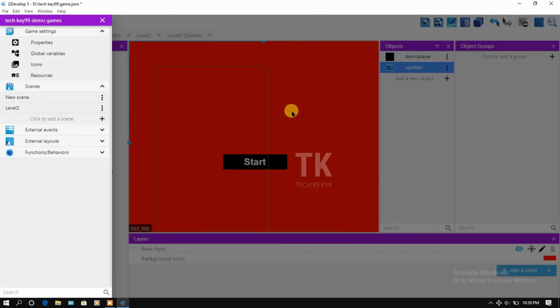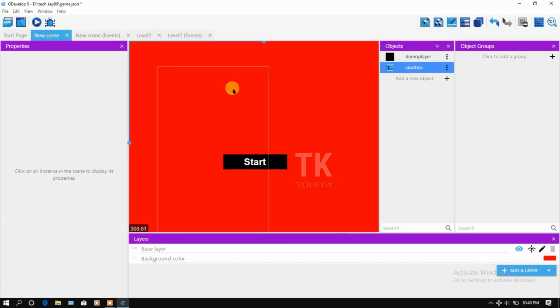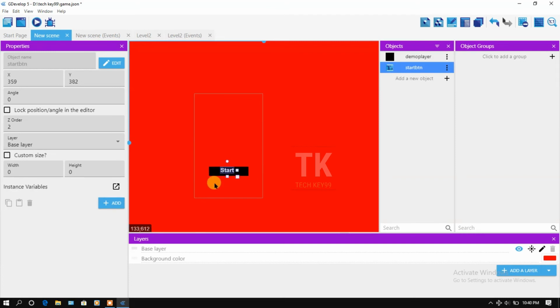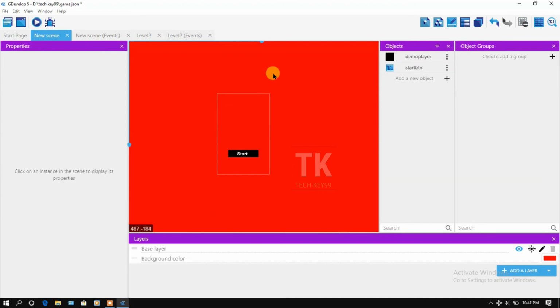Click on apply. You can see here the game resolution is changed. This is a mobile size game resolution. If you want to use the pen to drag this scene, then press the space button and right click. By using this, you can move your scenes.